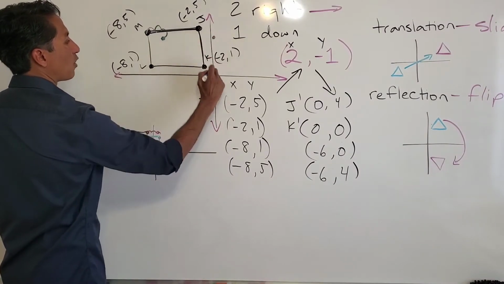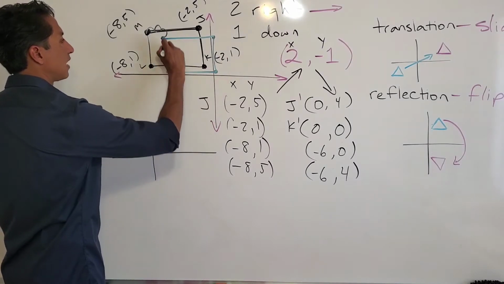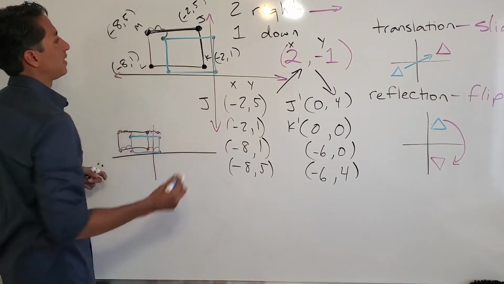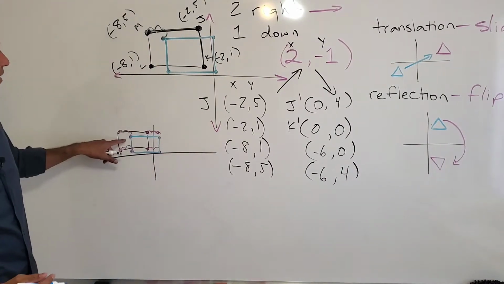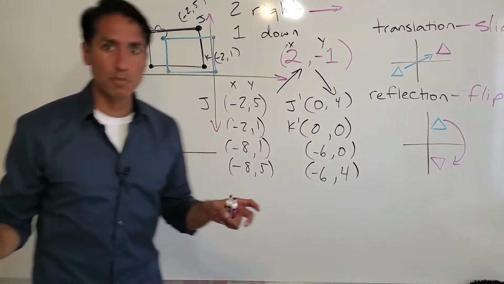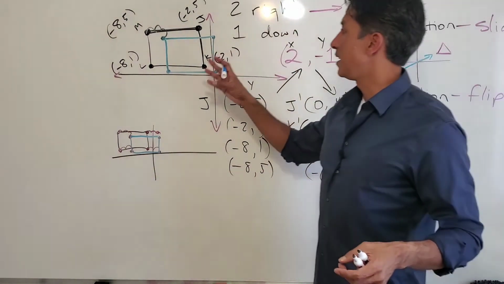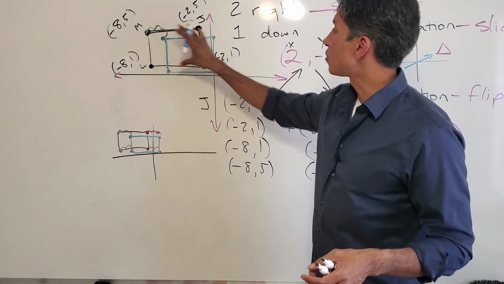And then you do that for all of these guys, and you'll end up with a box that is just shifted a little bit down and over. Kind of like what I did here. For some students, that's super easy. And if time is not an issue, then maybe it is better to graph it, draw the new one, and